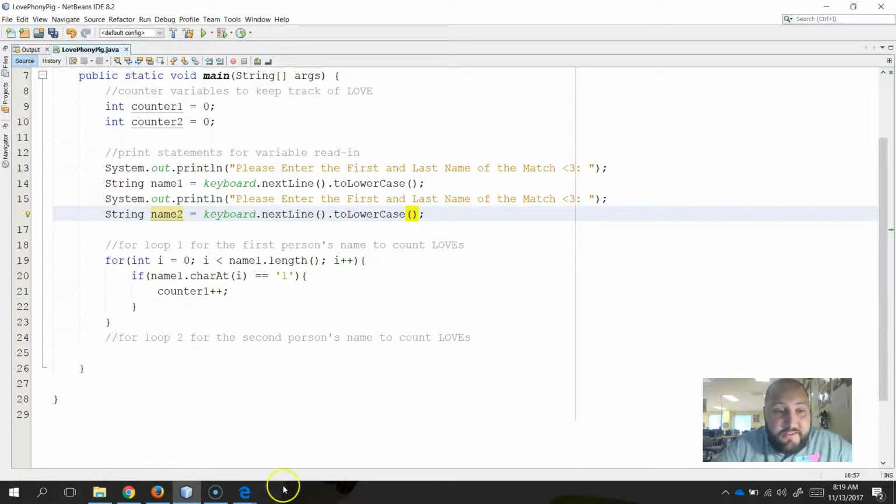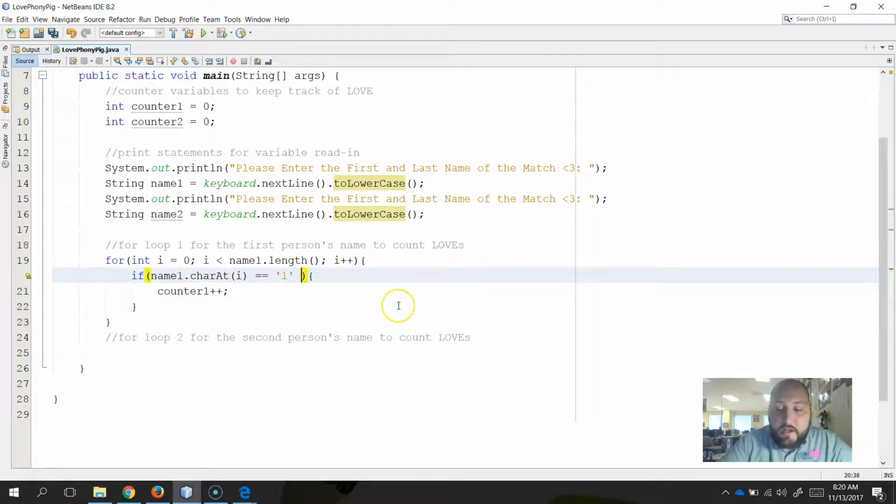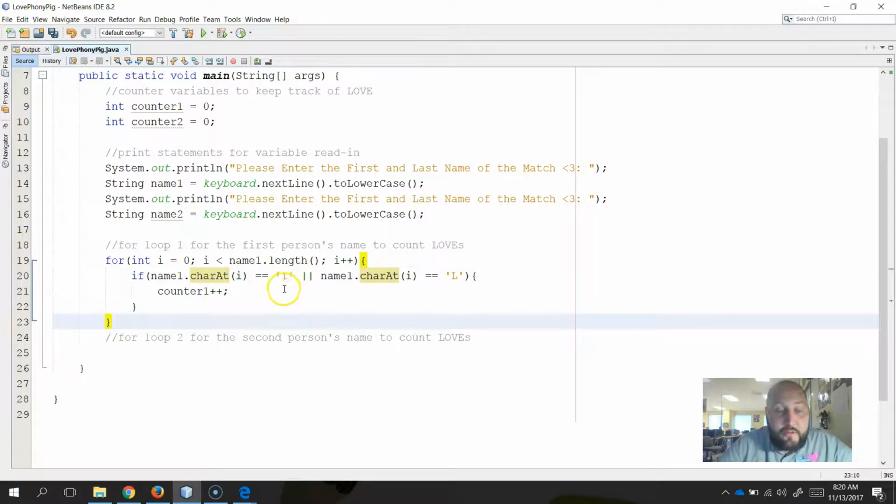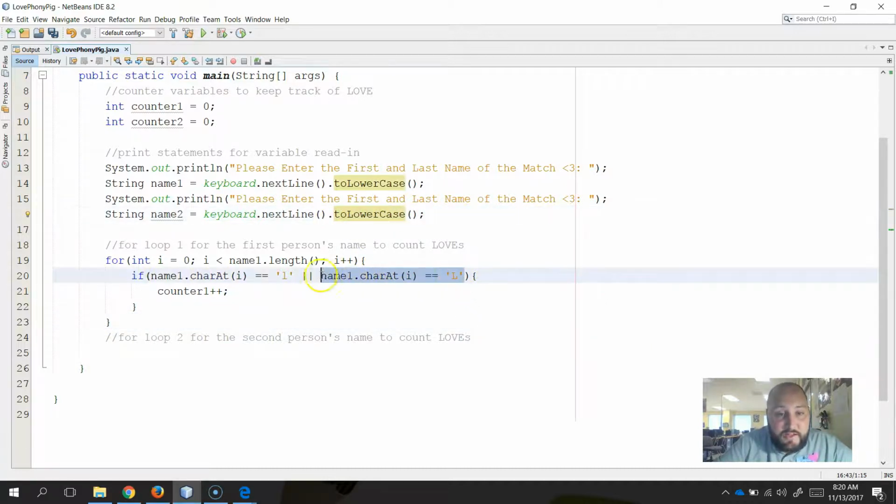But like I was saying, to make life easier, so I don't have to take into account lowercase l and capital L, I can just make everything go to lowercase. So this way I can just check the character at whatever letter, and if they're all lowercase, then that works. If not, I would have had to say if it's this, or char at I is equal to this. So I would have had to do lowercase and capital for both of them. L and lowercase l, capital L, lowercase o, capital O, lowercase v, capital V, etc. But if I make them all lowercase up here, then I don't have to do that. I can just do it for,